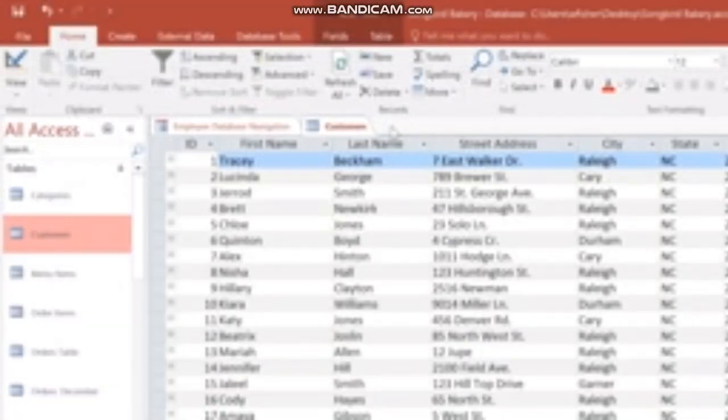Now here you can see how you create a query.